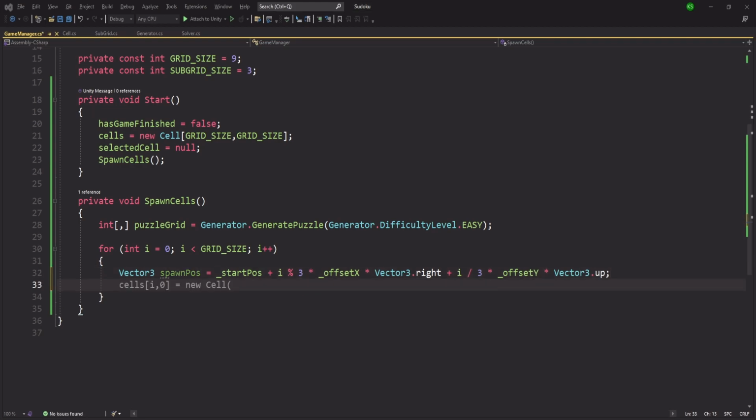So it is going to set up the spawn pose, and after that we'll spawn our subgrid, which is going